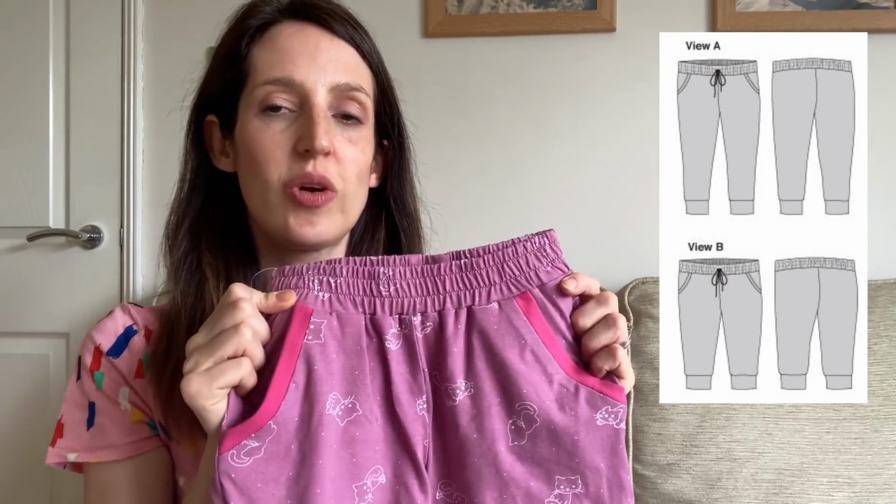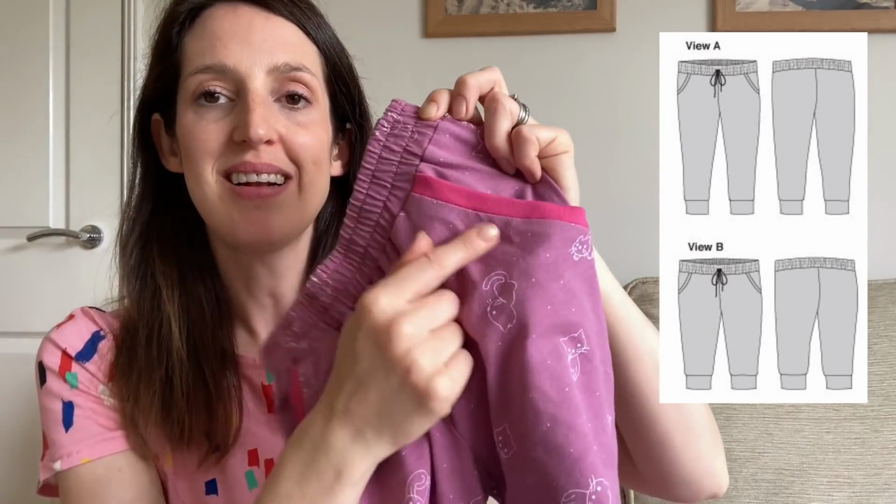And then for the bottoms, which are here, I used the mini Hudson pants pattern, which is a pattern I already had, and that's by True Bias. I'll include line drawings so you can see they're just a great little jogging bottom pattern, with a nice little detail that you can add a pretty colour here, and then I added on cuffs at the bottom in the same colour to match. It's got an elasticated waist, and you can add a little cable through here,